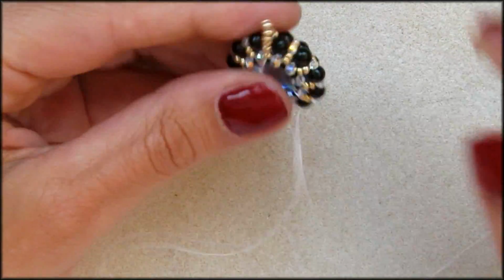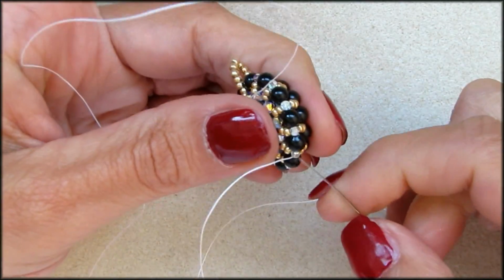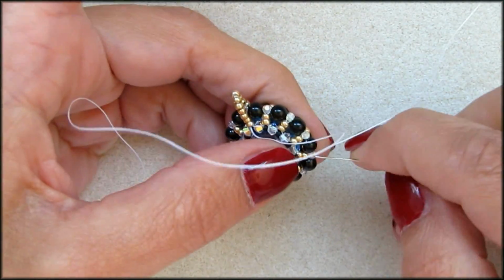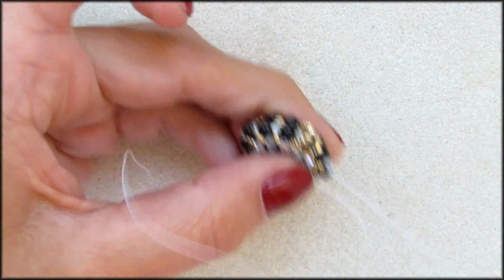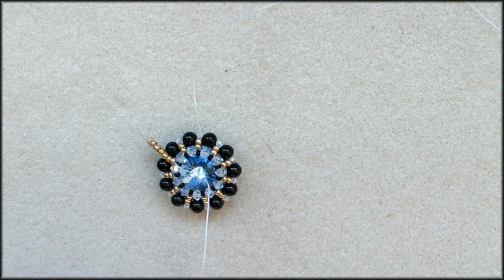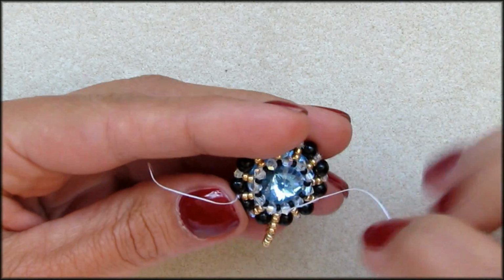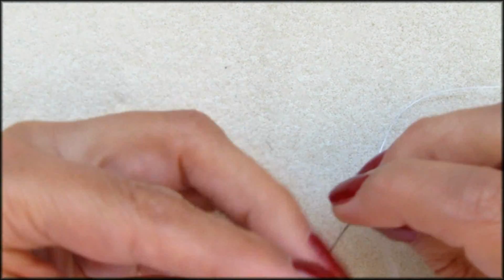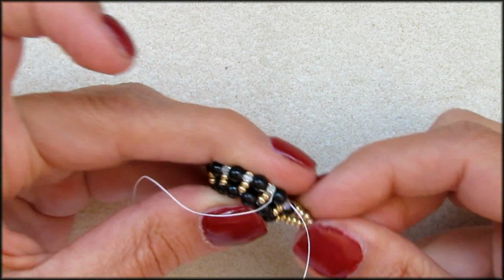Okay, and now I'm going to go into the pearl in that direction, and I'm going to continue going around until my thread meets up with the other one. It means I have to go through my pearl and my 2mm bicone again, my 2mm round again. So I would think this would be about meet up spot. And that would be bicone, up to, into the pearl, into the 2mm,